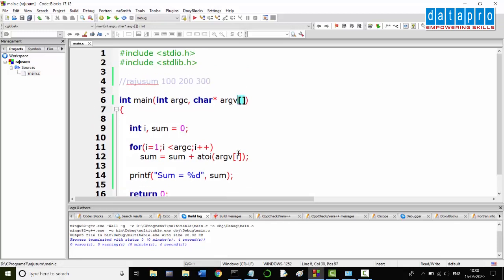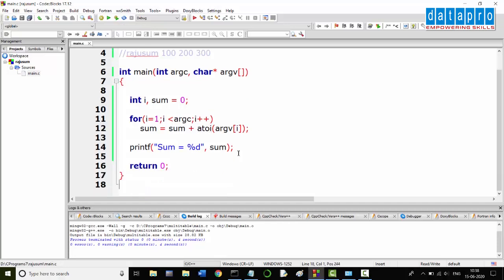Okay, right. So the arguments that we pass, that number is received here, and the actual arguments are received here, the collection of strings. Now this logic, you know, but atoi is new to you. It converts string to integer. Only then we can involve it in arithmetic operation. Now let's save it and build it. Once we build it, the exe file gets generated.